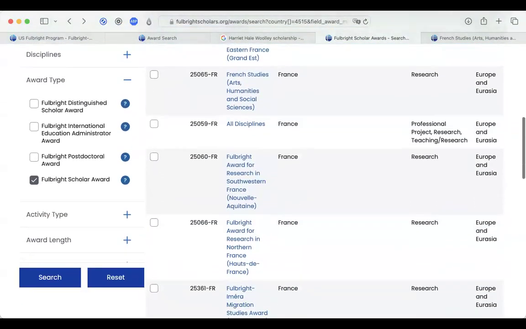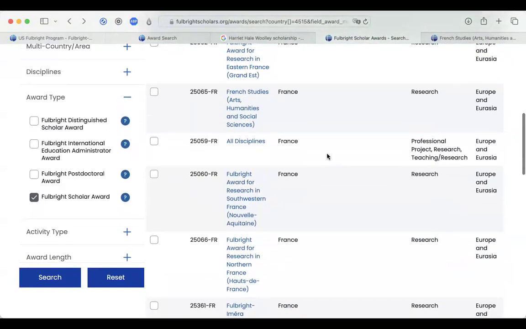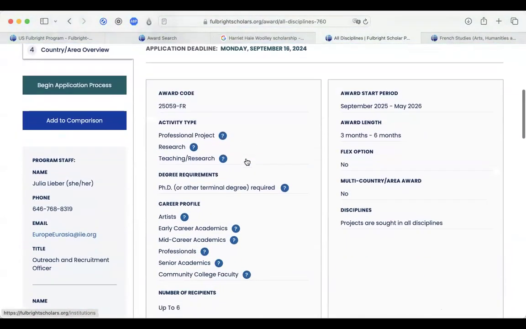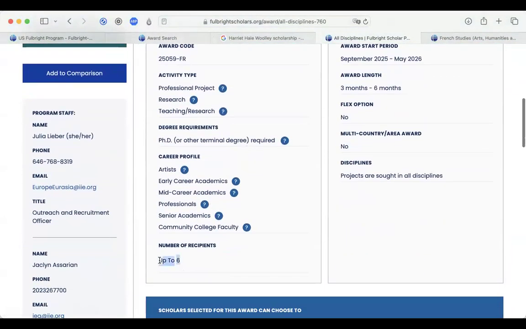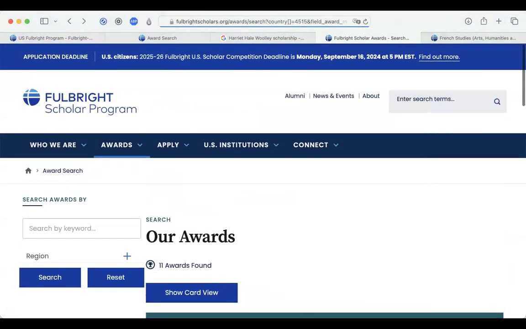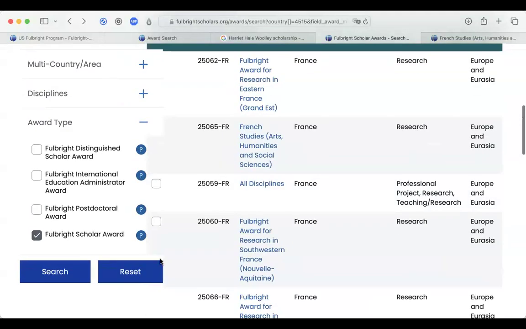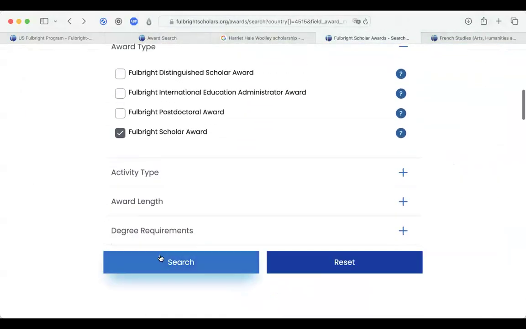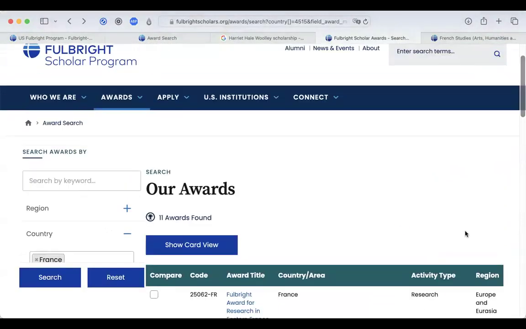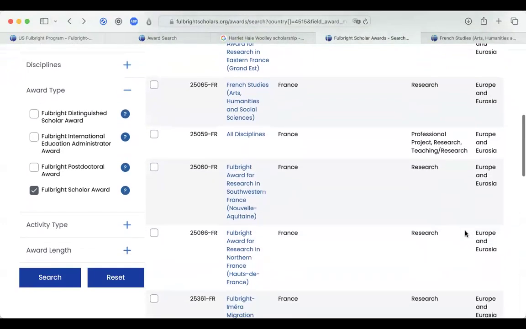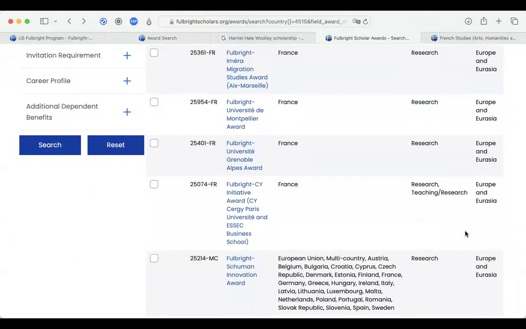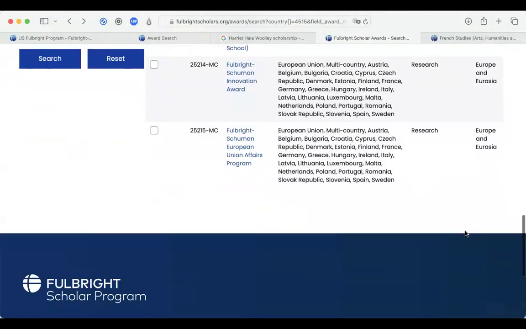Now, coming back here to look at the options for France, there's also this one that just says all disciplines. So that is exactly what it sounds like. It is completely open. They're up to 6, and those are not tied to a particular university, or a particular region within the country. So if you had an idea and your project is feasible to do in more than one place, that being in the country will be sufficient for the access for the things that you need. Then you can seek out a site host